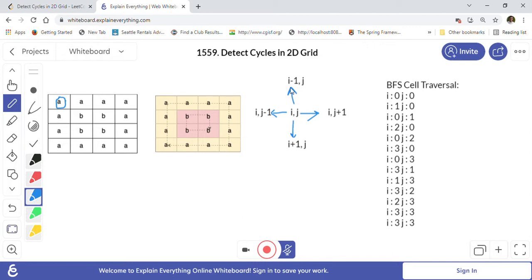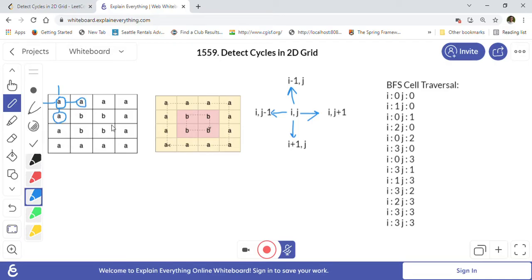So obviously all these cells we have to validate, right? For example, we cannot go upward here because we are going outside of the matrix, or we cannot go left side, we are going outside of the matrix. But now we can go to the right or we can go down. Both these cells are valid because the values also match. This is also a value and this is also a value.